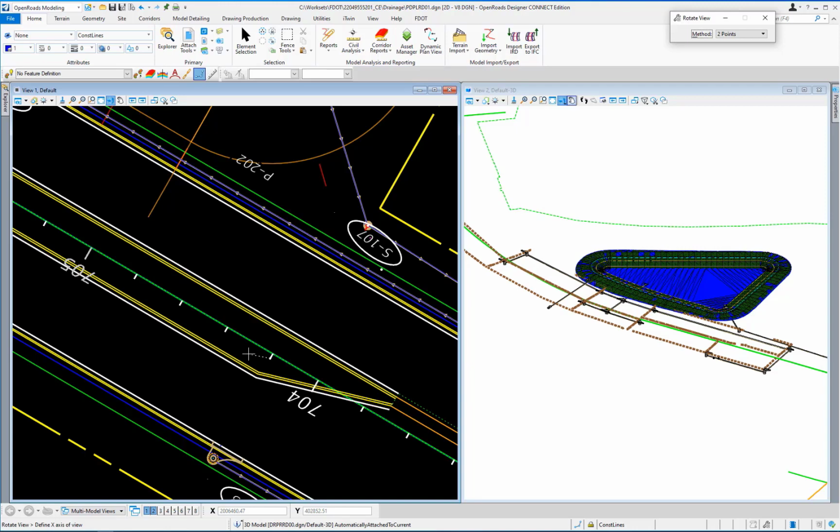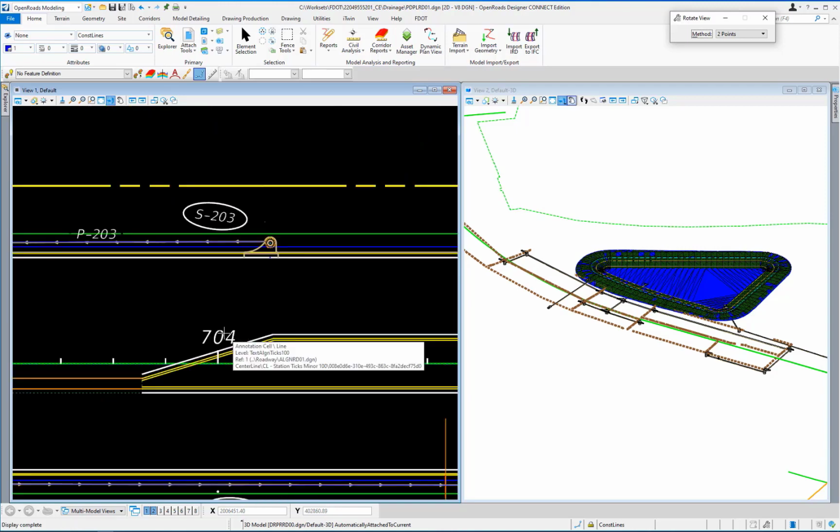Left-click to accept. For the second point, snap to the next minor tick mark and left-click to accept. The view will rotate to a more useful orientation for sheet creation.